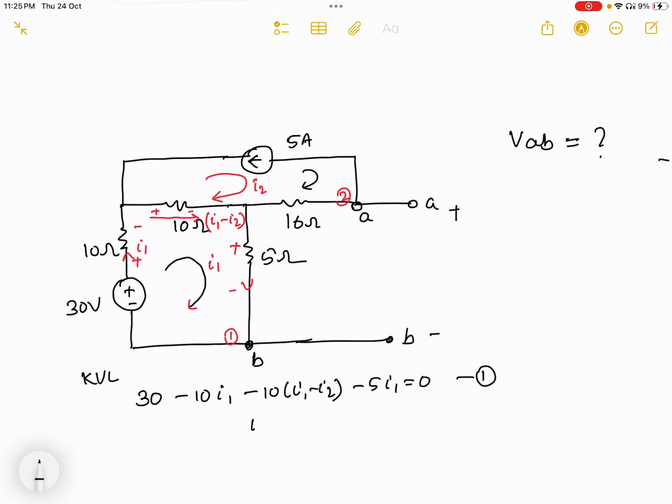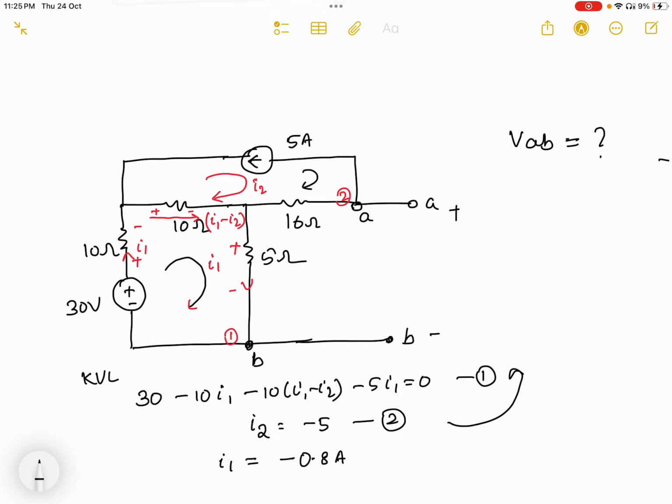So directly I can write down here I2 equal to minus 5, this is equation number 2. You can see I2 is flowing, I got minus 5, that means my assumption is wrong. So I2 is flowing in the opposite direction. By putting equation number 2 in equation number 1, I can find out I1 value equal to